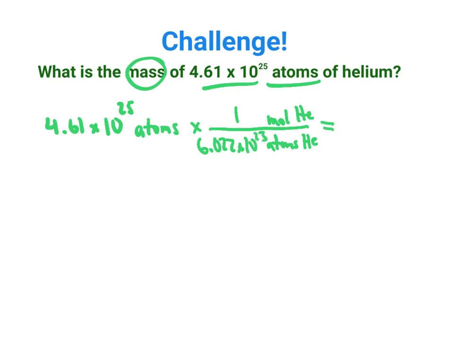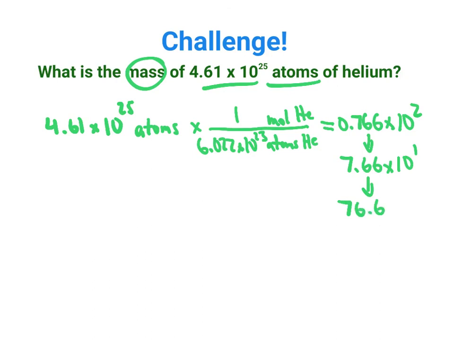When I solve this, it becomes 4.61 divided by 6.022, which is 0.766 times 10 to the 25 minus 10 to the 23, or 10 to the 2. This is not appropriate scientific notation. So it becomes 7.66 times 10 to the 1, or if you were to really solve it out, 76.6 moles